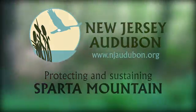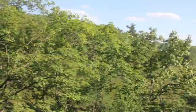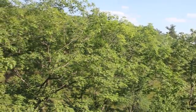I'm John Cecil, Vice President for Stewardship at New Jersey Audubon, where I oversee the Stewardship Department. We do a multitude of projects, from forest stewardship to wetlands improvements to engaging with the agricultural community and private landowners throughout the state. Here we are at Sparta Mountain Wildlife Management Area, a 3,400 acre property, and we're surrounded by